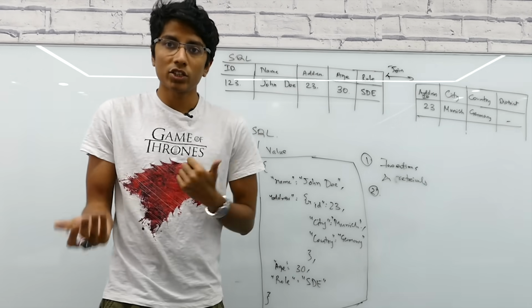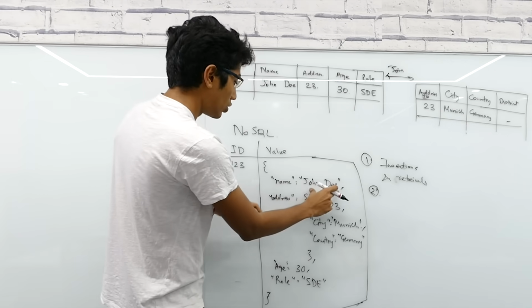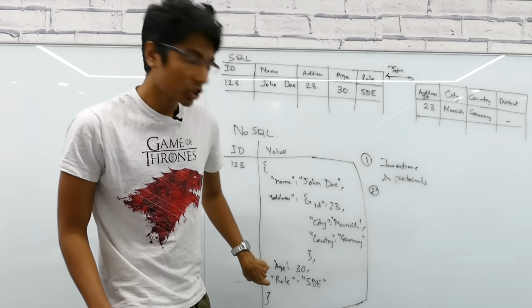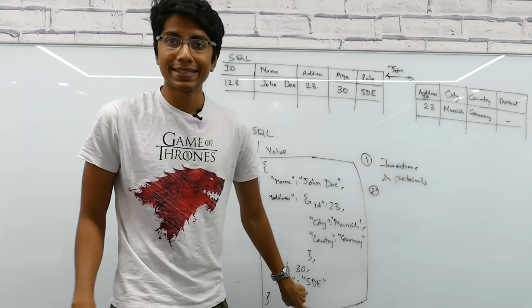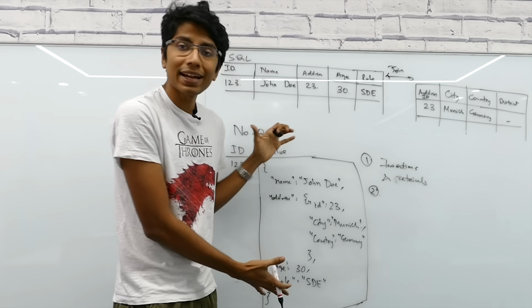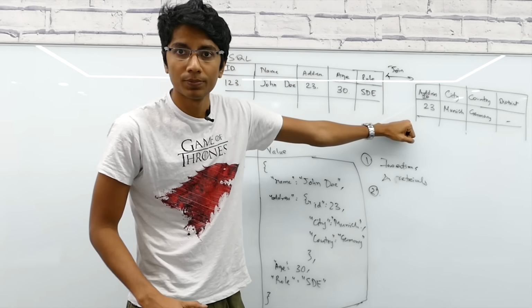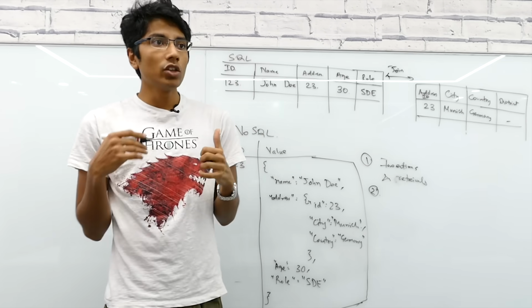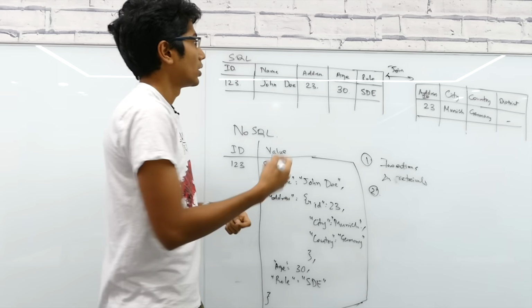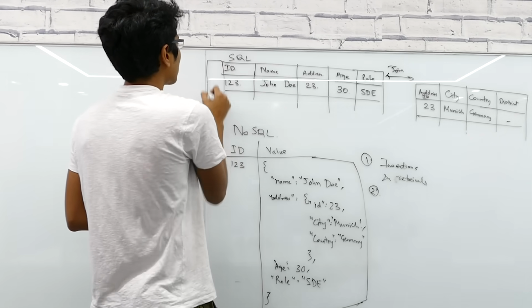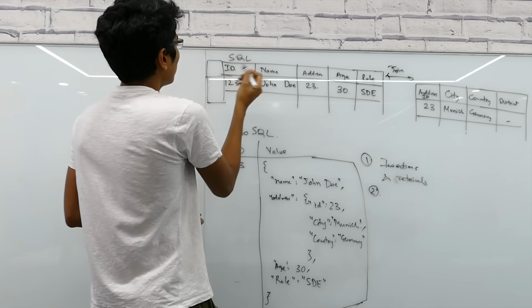All it cares about is a JSON document. So there'll be name, John Doe, comma, straight away age, 30, and the role is ST. So what you're seeing is that the schema is very flexible in this case, and not so much over here. In fact, whenever you're doing a new attribute addition, let us say that we have some new attribute added over